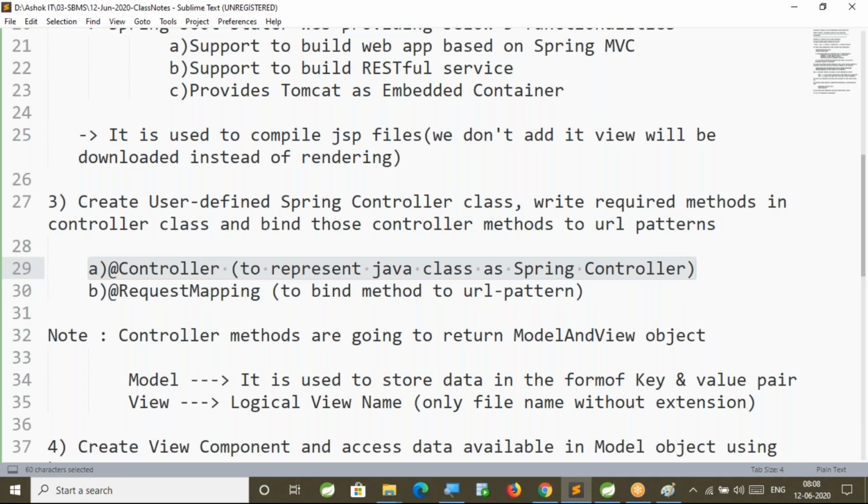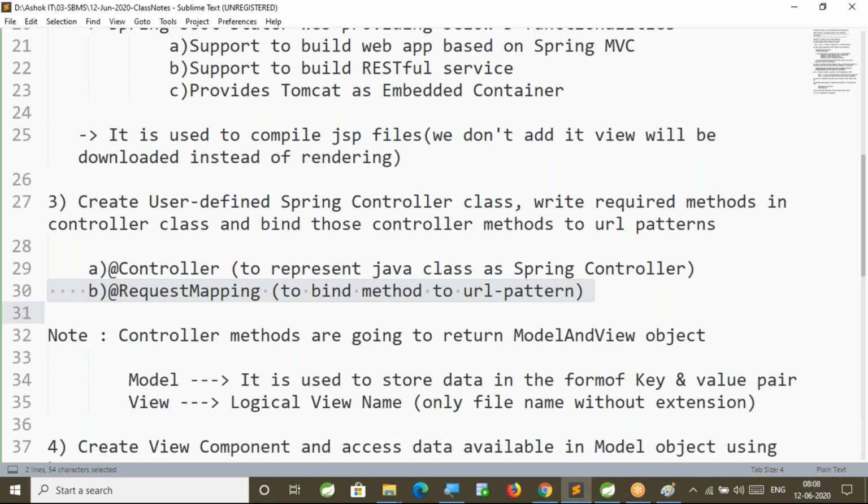So what is @Controller? @Controller is a stereotype annotation which is used to represent our Java class as a Spring controller, right? Now, what is this request mapping? The request mapping annotation is used to bind our controller methods to URL patterns. Why bind our controller methods to URL patterns?